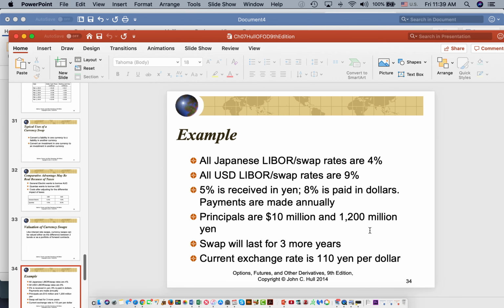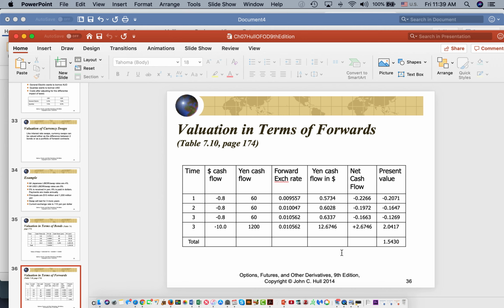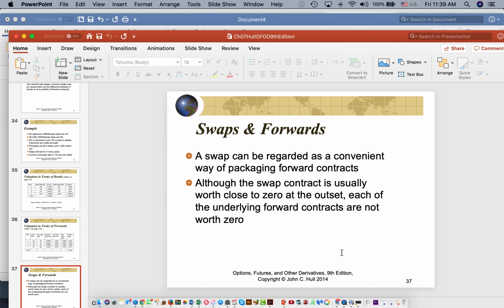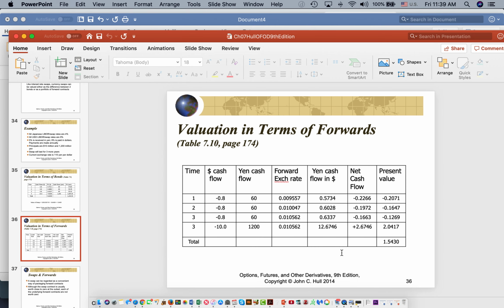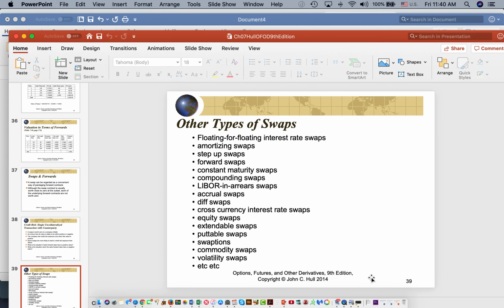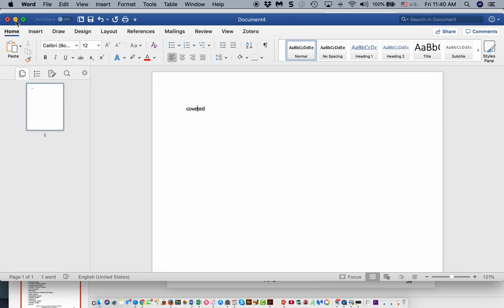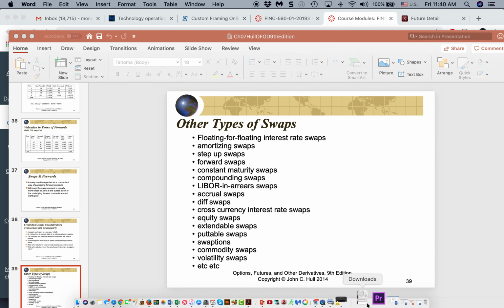So for the evaluation of currency swaps, please do these examples. This is for two currencies, and then you have to give this net amount. This is what I wanted to highlight for you folks, and if you want to go into a further example, again the example is on page 174. And what I would like to do at this point in time is to also tell you, let me see whether I can get the syllabus. Yeah,